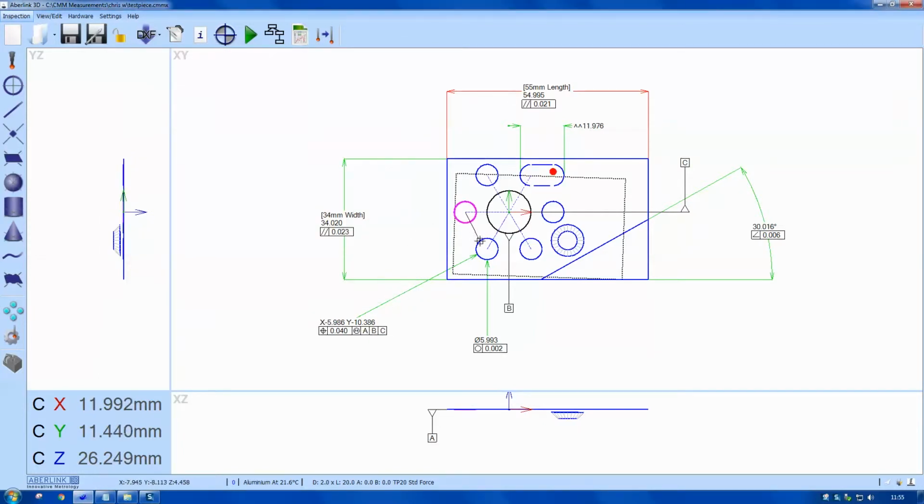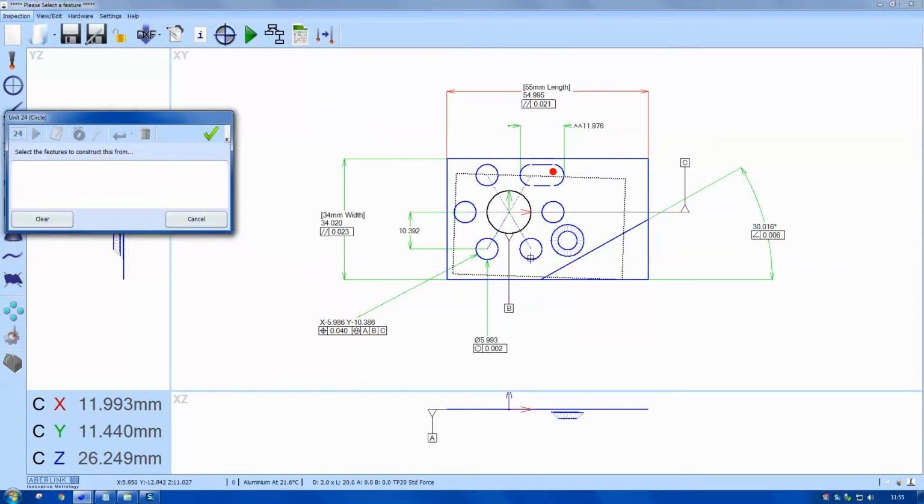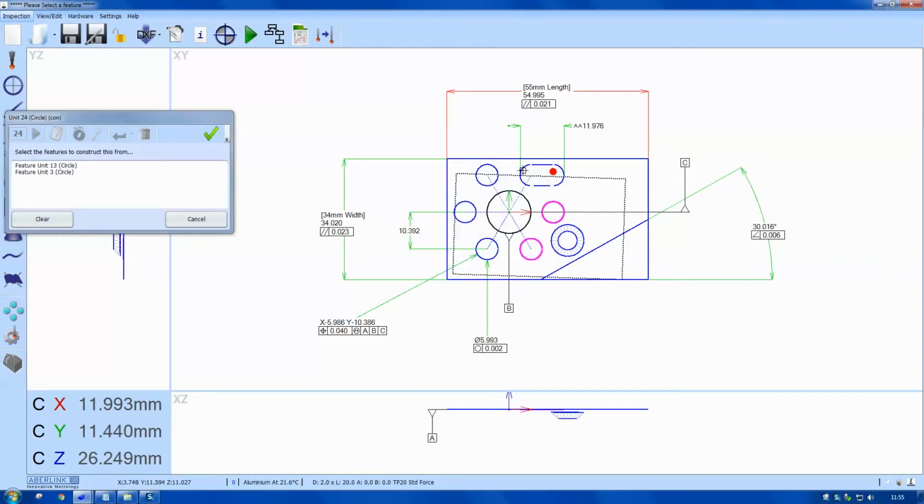You can also dimension between circles. If I do a right click at this stage, I can choose between horizontal or vertical dimensions. I want to plot a PCD, so I need to construct a circle with the spanner icon, select each circle in turn, choose a type of construction. You see it being plotted as we go. Finish construction,